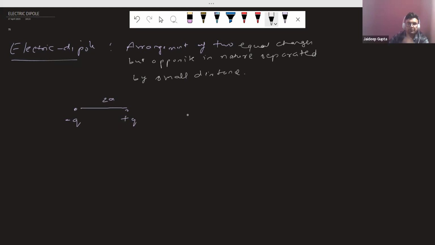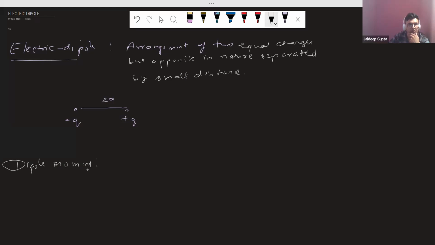All right. Did you get it, Veeram? Yeah. Okay, fine. So electric dipole, basically it is an arrangement of two equal charges but opposite in nature, separated by a small distance. This is known as an electric dipole. Now next is